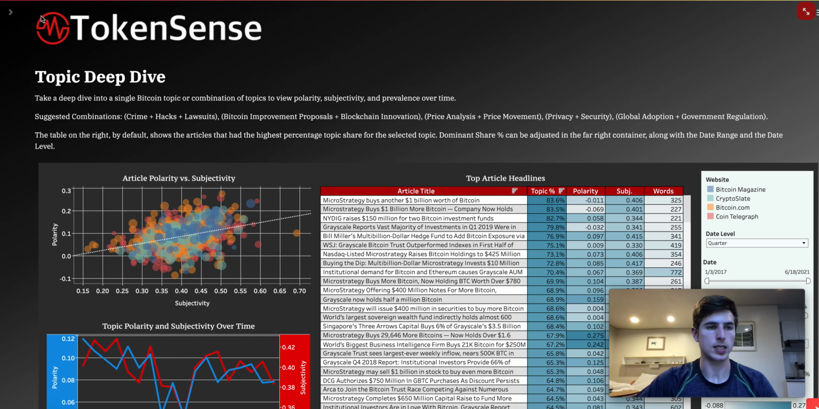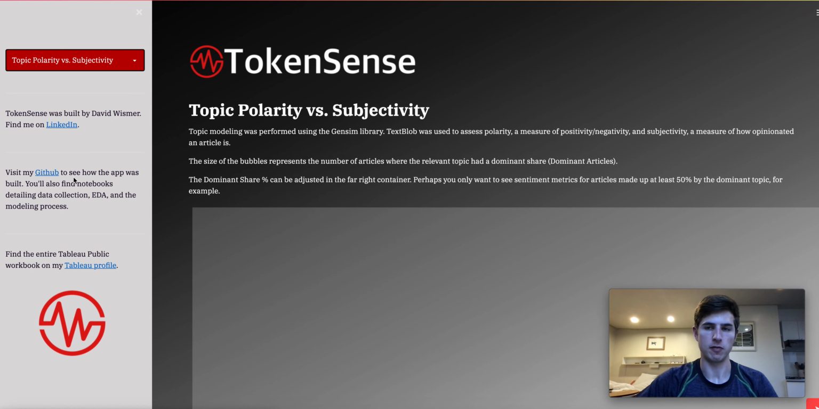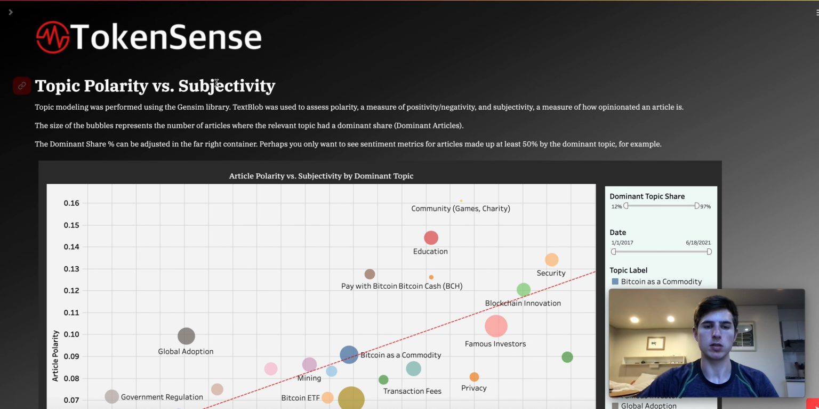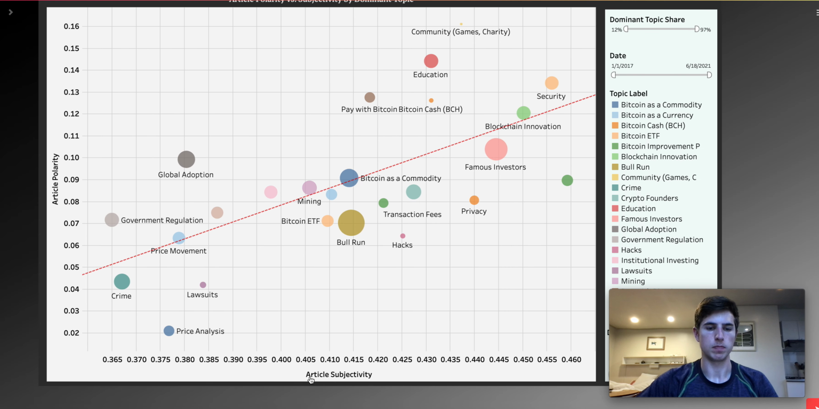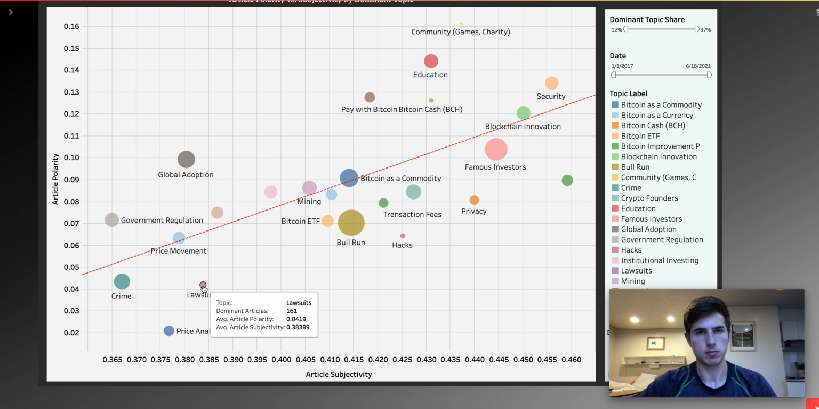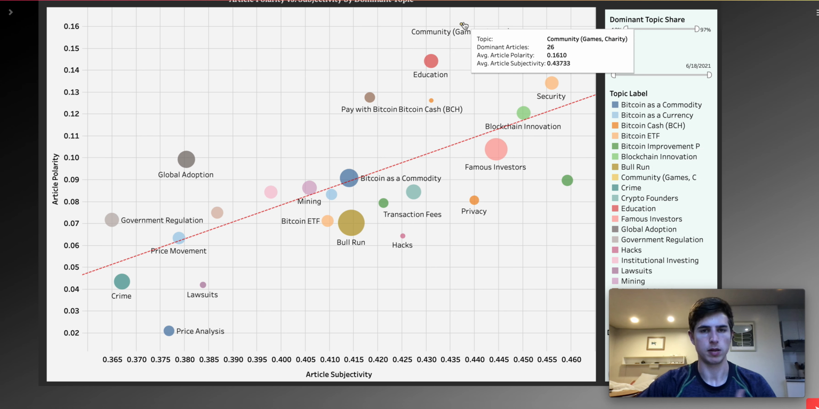Okay, so that's the topic deep dive dashboard. We can also look at polarity versus subjectivity, and what you see on here is subjectivity across the bottom, again, opinionatedness, and polarity on the y-axis, or how positive or negative articles are. In the bottom left, you're going to see things like crime, government regulation, lawsuits, more negative sounding topics. And in the upper right, you'll see things like blockchain innovation, famous investors, education, community, things that are more positive